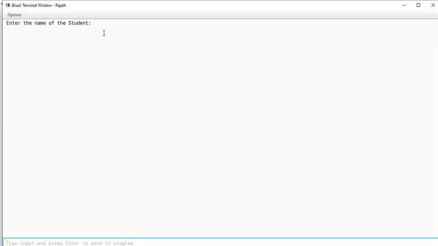In the main method, you notice that I create an object. With that object, immediately I call the function accept. So when I execute the main function, the object will be created and the accept function will be called. In the accept function, if I enter the student name as Veer, immediately I am getting the next line, physics chemistry marks, 80, 80, 80.